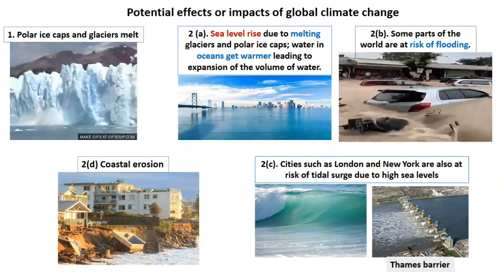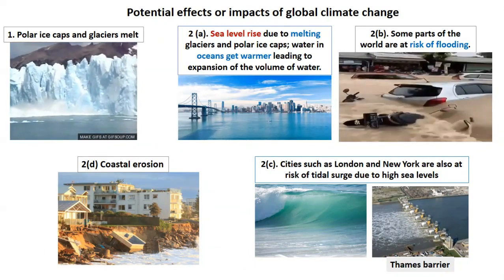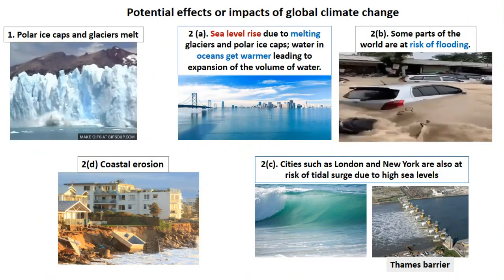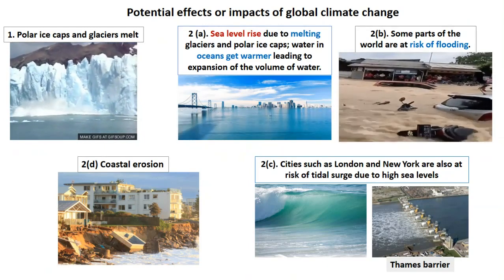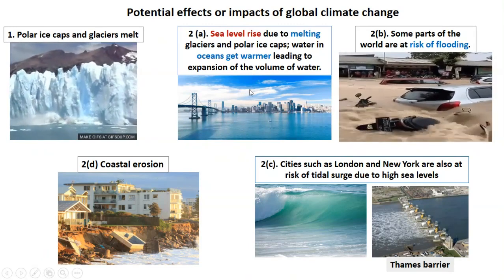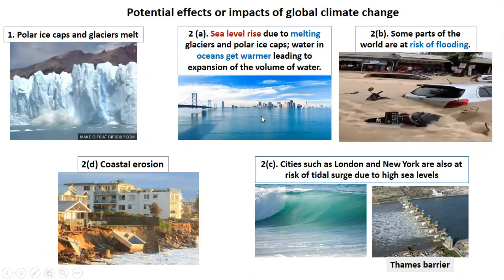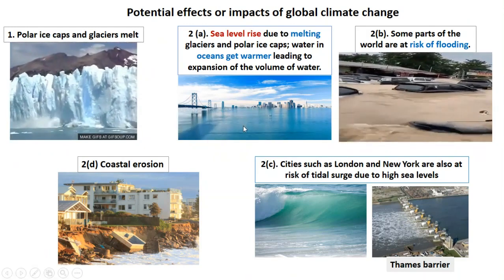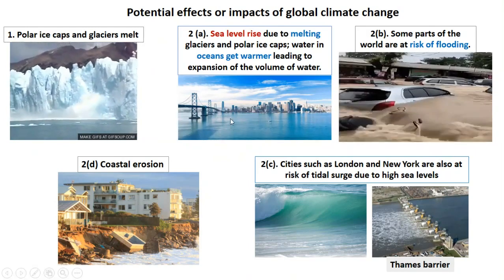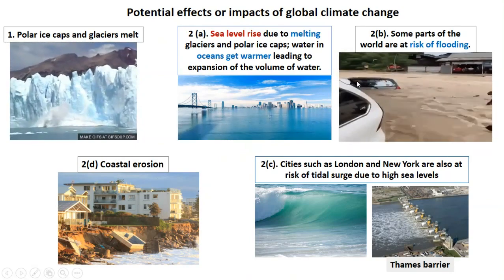So the first thing is, again, I'm going through the pictures. So I'm going to go through a storyline here. So temperatures increase. Polar ice caps and glaciers melt. So that's the first one. As they melt into the sea, this will cause the sea level to rise. However, when the sea also gets warm, it causes the water to expand, and therefore the volume of water in the sea also increases. If this happens, sometimes you can have extreme weather,